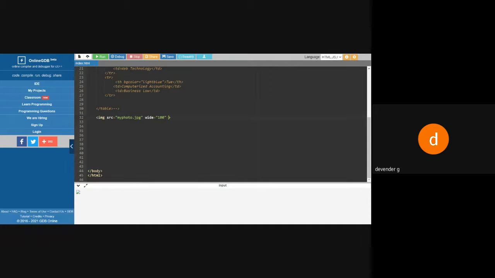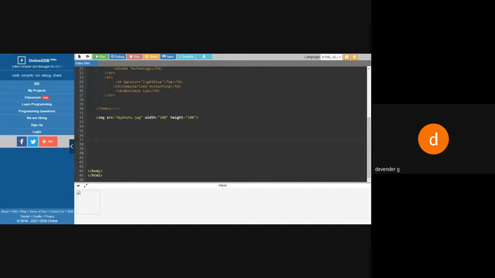Suppose I want width, I'll say width, and if you want height, then I'll say height equal to 100. Then I click on this and my image will be a little bit bigger. See, you can see I got the border, so width and height I got it. As I told you, if you have the correct image on the desktop and you're using it in Notepad or something like that, then you can find this output image on the screen.